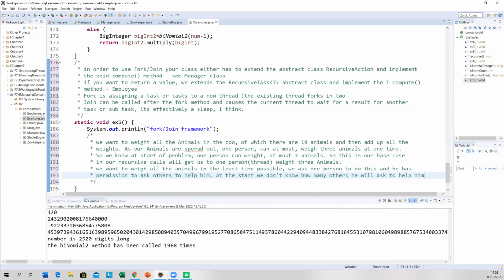Okay? So at the start, we don't know how many others will ask to help him. But he will ask a certain amount of people to weigh a certain amount of animals. Now, we do a small bit of trickery. I don't know if it's cheating, but